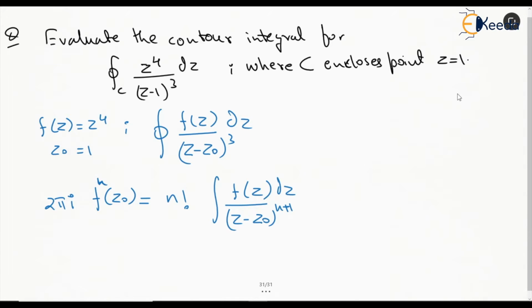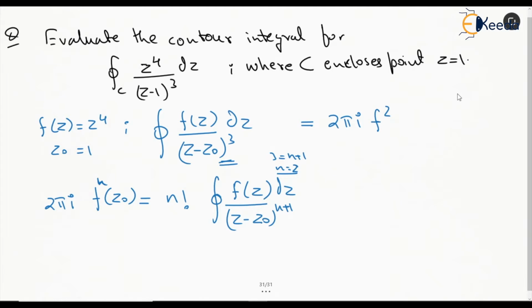Although what we wrote was the nth derivative of f at z naught equal to n factorial by 2 pi I into integration f of z by (z minus z naught) to the power of n plus 1. So we have just moved this 2 pi I to the left hand side. And if we compare it with the equation given here, we can see that this 3 is nothing but n plus 1, so n is equal to 2. So we can say that this value is going to be 2 pi I